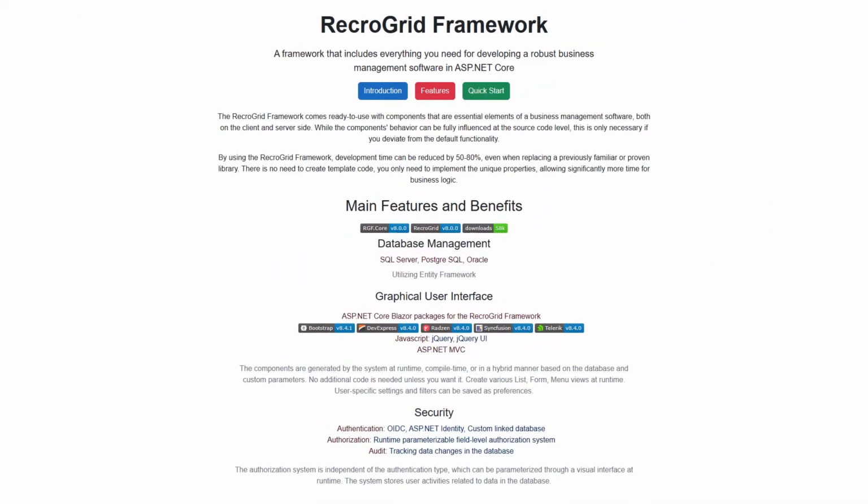Greetings everyone, here I am again, and in this tutorial, I will demonstrate the initialization of the Recrosec authorization system within the Recrogrid framework and its key components. Recrosec is a module supporting various authentication systems, but for now, we'll focus on the currently considered most secure and widely used method. Our environment involves a Blazor SPA application utilizing .NET Core API calls. The client application will authenticate users using an OpenID Connect provider and make API calls using access tokens.